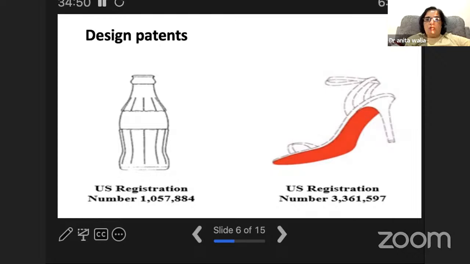So in a design patent you are obtaining protection on the ornamental element of the product, not on the functional element. A design patent cannot be obtained for the functioning; it is obtained on the design. I'll give you some examples and you'll understand. The goal of a design patent is to protect the aesthetic design of the thing, not the function.